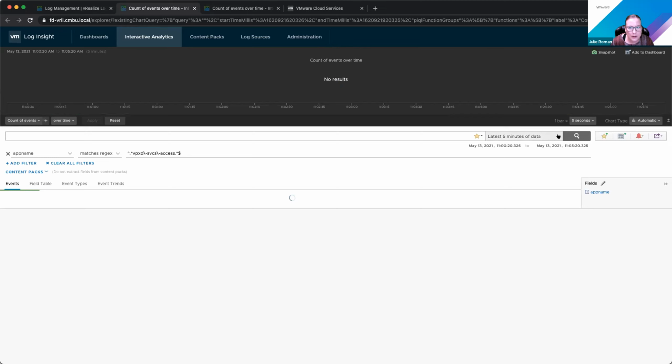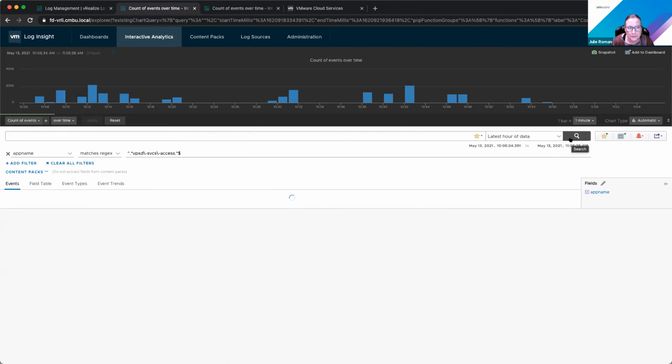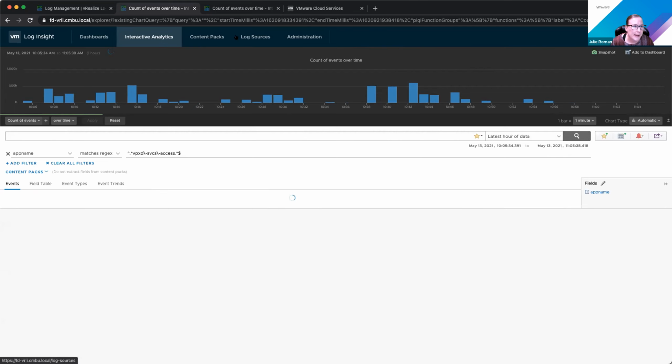So notice we're not getting results. If I expand that out, you'll see that in the time frame since I've disabled it, we're no longer seeing log messages for that. So it's effectively dropping those logs.